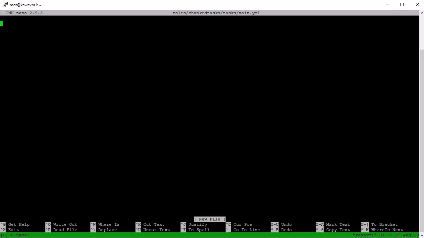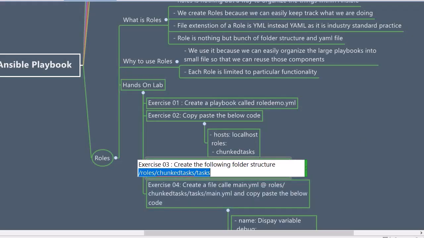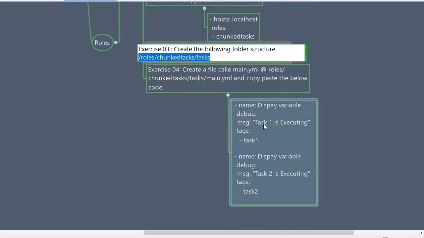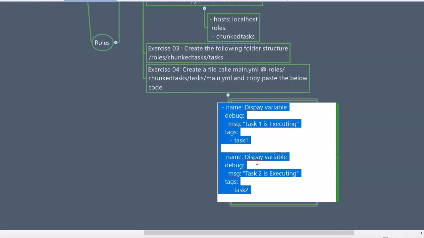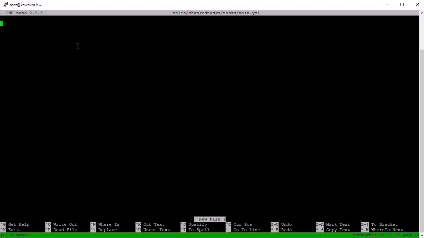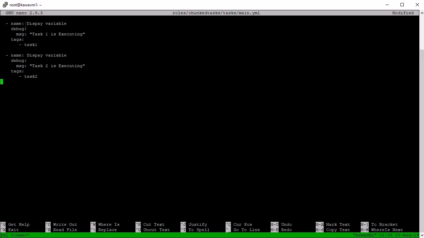We come over here and grab the code for the second part. So we will grab this code, copy it, go to the terminal, paste it. So here what we are doing, we are creating only the tasks over here. We are telling that these two tasks should execute when I run this YAML. So save it,